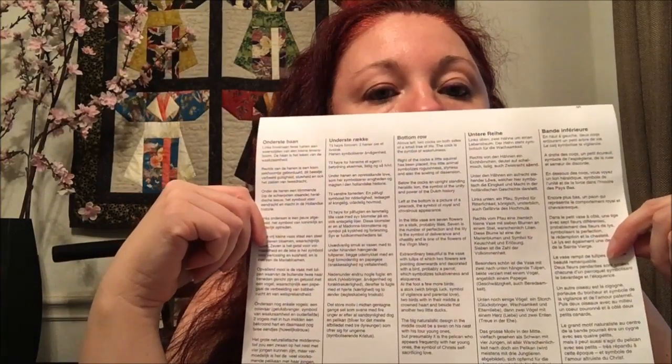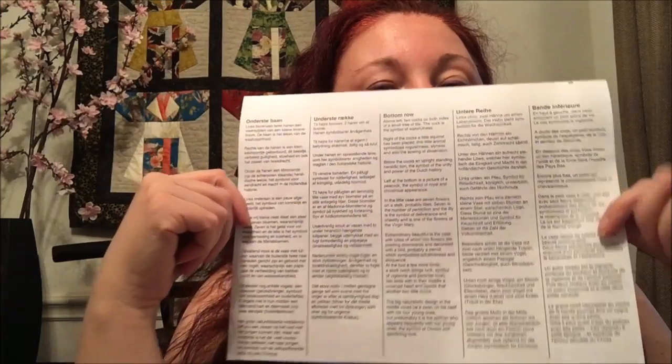When I got the chart out and started looking at it, one of the great things about this chart is that not only does it have some really great, big chart pages that are nicely done, but it also has an explanation of all of the motifs and the symbolism throughout the sampler. It's divided up, and so it tells you top row, middle row, bottom row, and what all those little motifs are and why they're there and what they symbolize. So on the bottom row, I just kind of scanned down it. I haven't looked at each one individually, but it says,